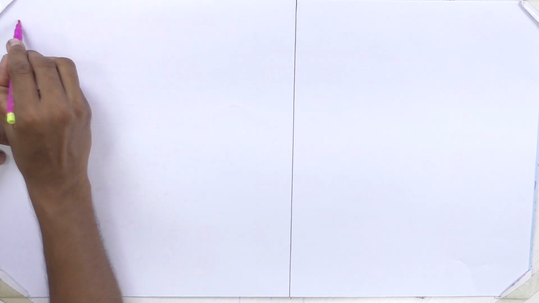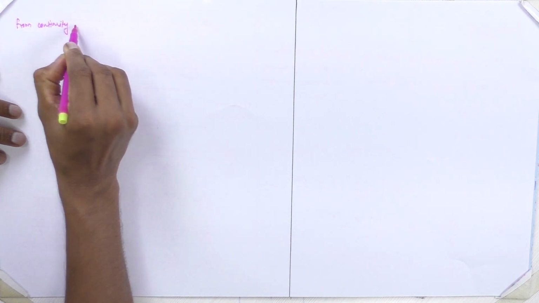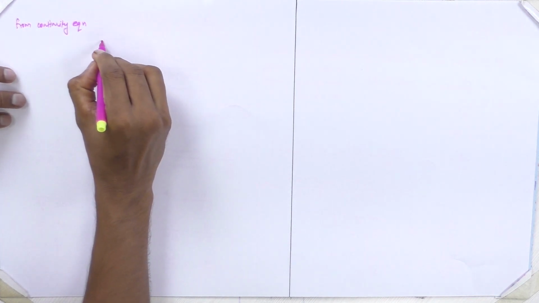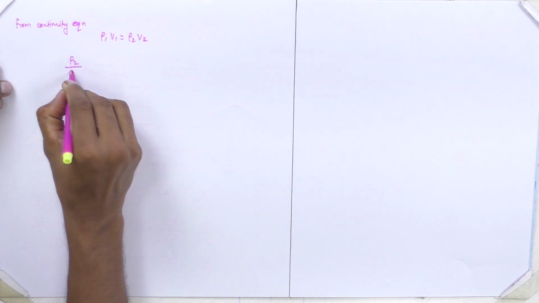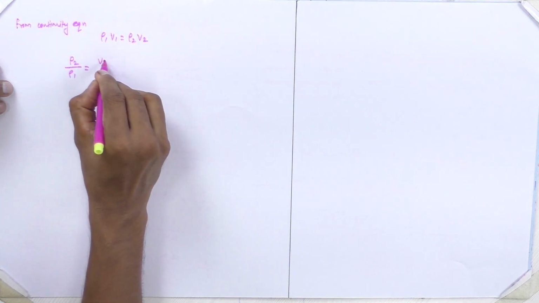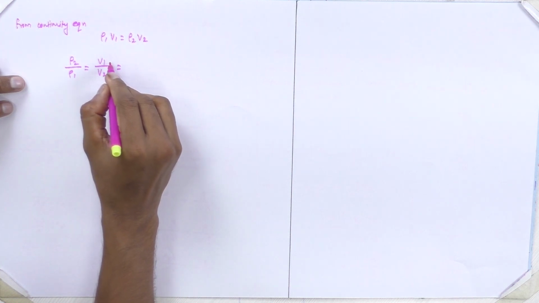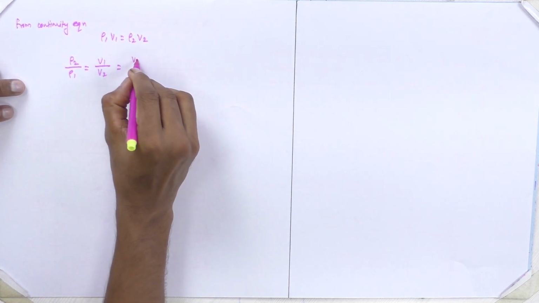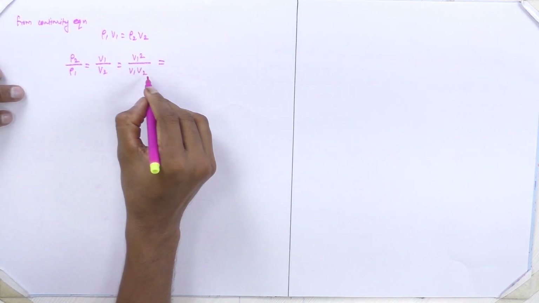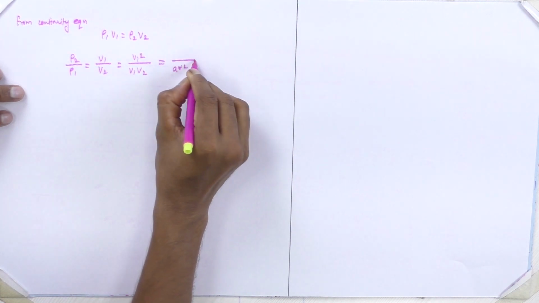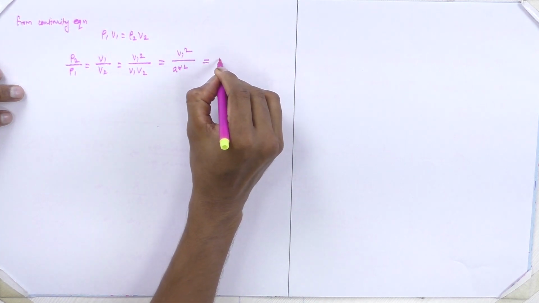So from the continuity equation, we know rho 1 v1 is equal to rho 2 v2. So rho 2 divided by rho 1 will be equal to v1 divided by v2. If I multiply v1 on both numerator and denominator, I will get v1 square divided by v1 v2. From the Prandtl relation, this v1 v2 is actually equal to a star square. So this will be v1 square divided by a star square, and v1 divided by a star is the characteristic Mach number of region 1.